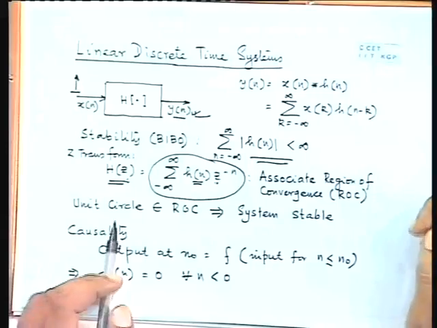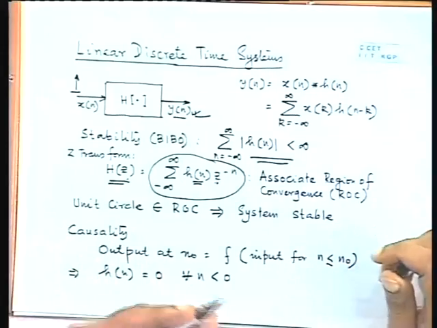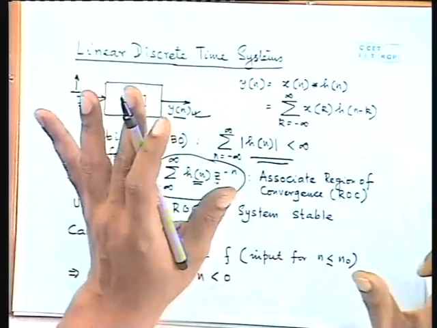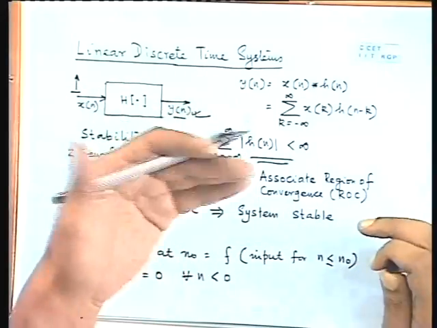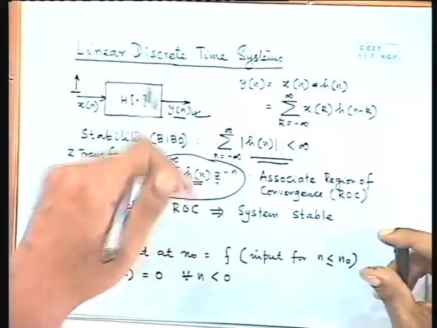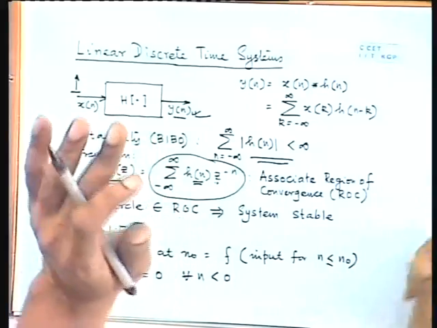So associated with every z transform, there is a region of convergence. For certain values of z it converges and it is defined. For certain values of z it is not defined. We generally don't pay attention to these things, especially in our early courses, where we are always talking of tables and inverse transforms and things like that, but we must remember this. Now these are some mathematical results which are based in complex analysis theory. If you read complex analysis, these results can be proved. We are not proving them.